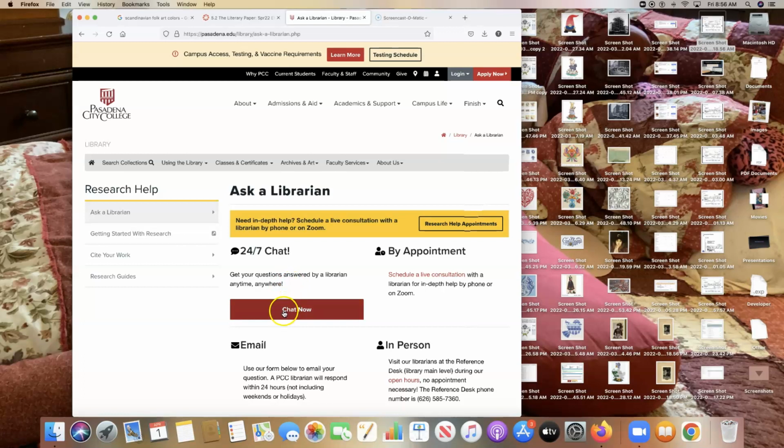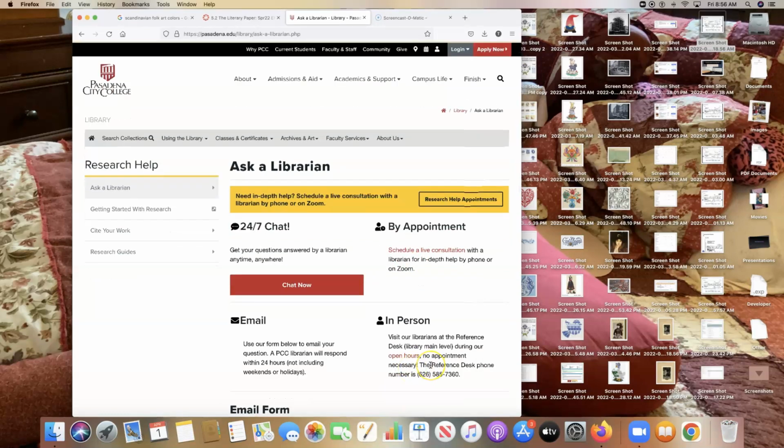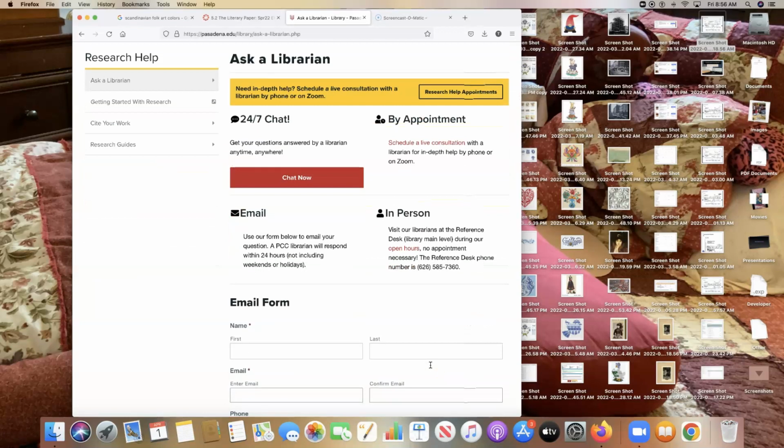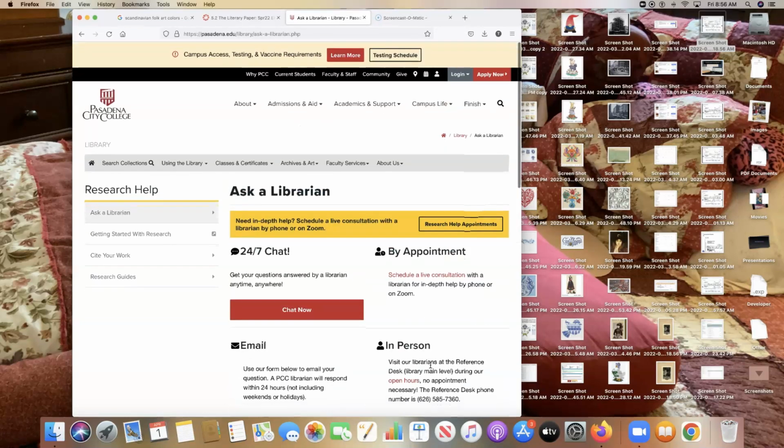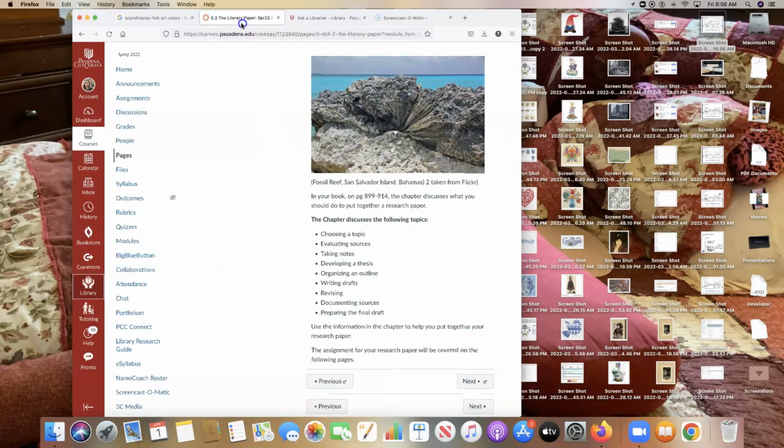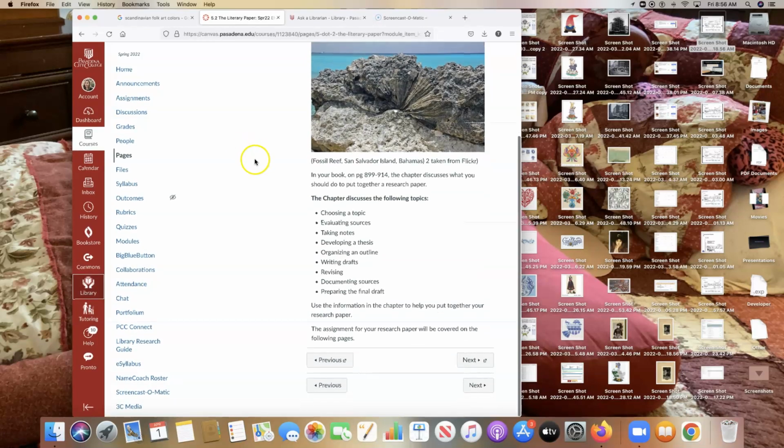Or you can schedule an appointment with one of our librarians at PCC, or you can go in person to the actual library, or you can email a librarian. So if you need help doing your research, please use our resources and get the help that you need to do the research for this class. All of that should help you put together a really good research paper.